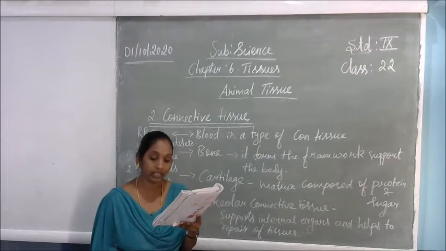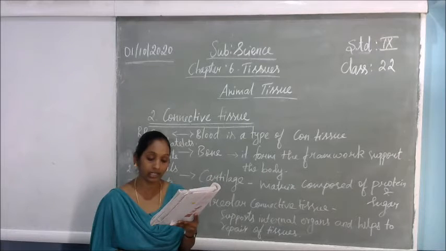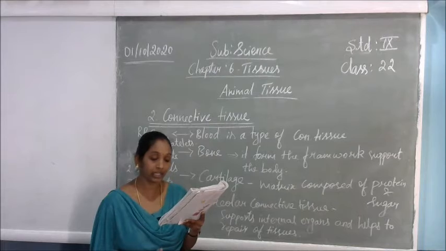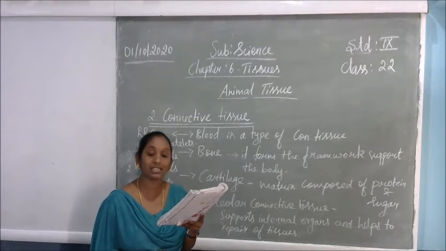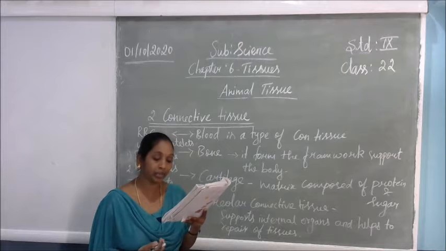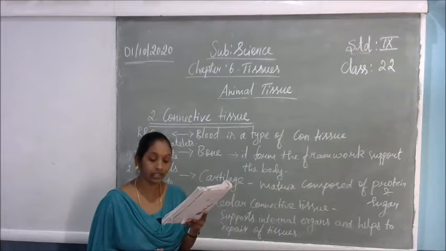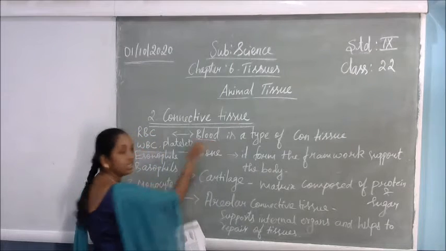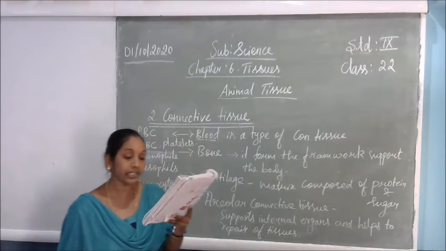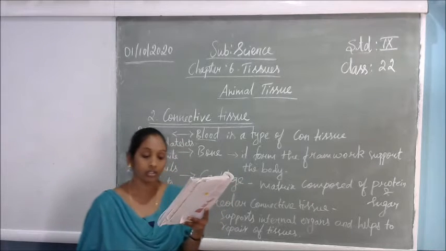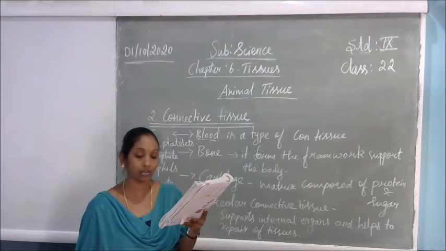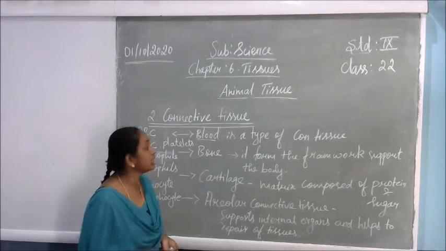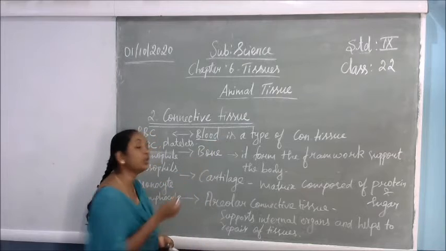Now let us look at this type of tissue in some more detail. The cells of connective tissues are loosely spaced and embedded in an intercellular matrix. So these cells are very loosely packed. The matrix may be jelly-like, fluid, dense, or rigid. Like we know that blood is a fluid substance, isn't it? So like that, the nature of the matrix differs in accordance with the function of the particular connective tissue. Because of this matrix difference, we call blood a connective tissue.